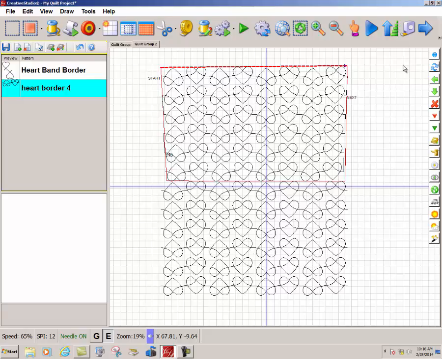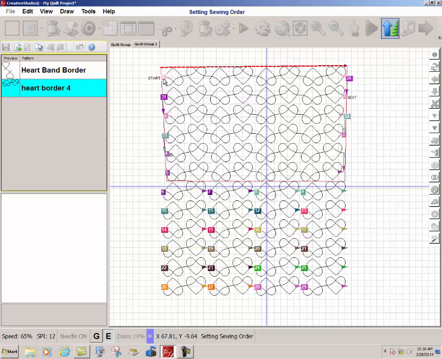I had to change the sewing order, so I'm going to show you. It starts with 0 at this point, and then 1, and it's going to sew down to 2, 3, 4, 5, 6, 7, 8, and I need to reverse the sewing. I need to reverse the start and end of this row. I didn't do that, so I'm going to click on